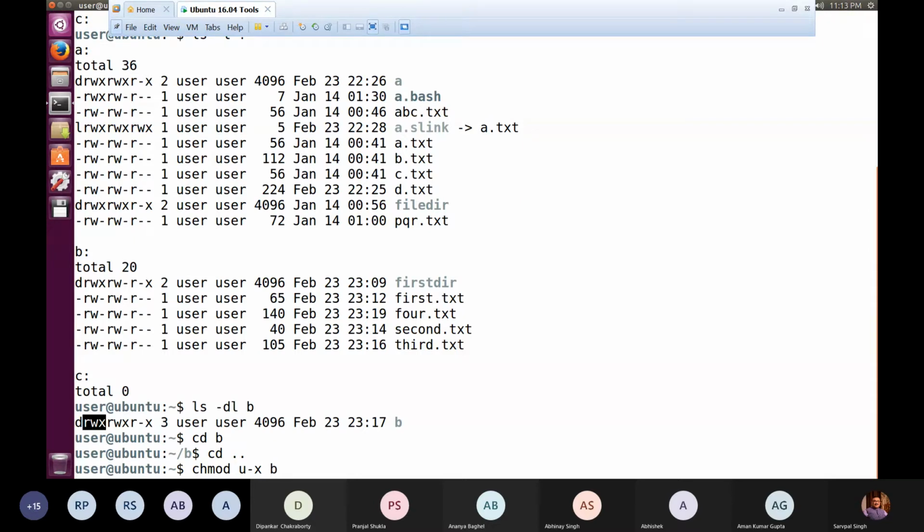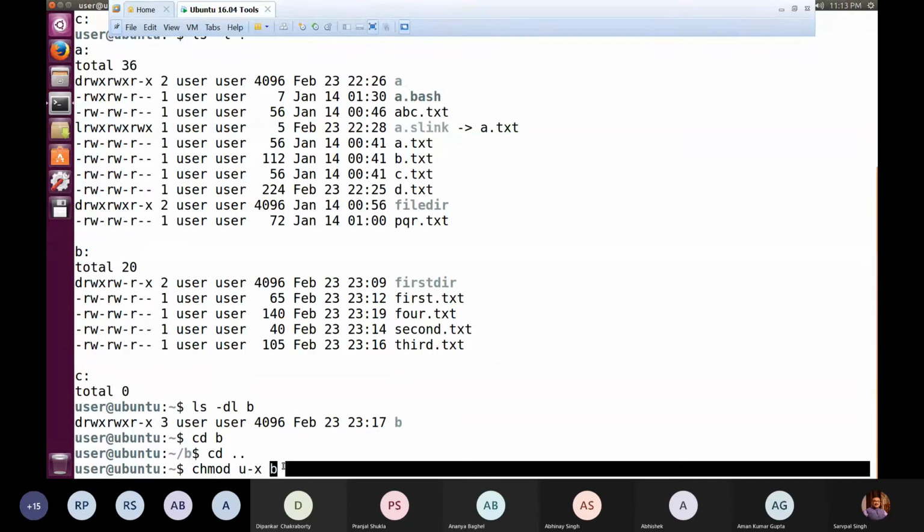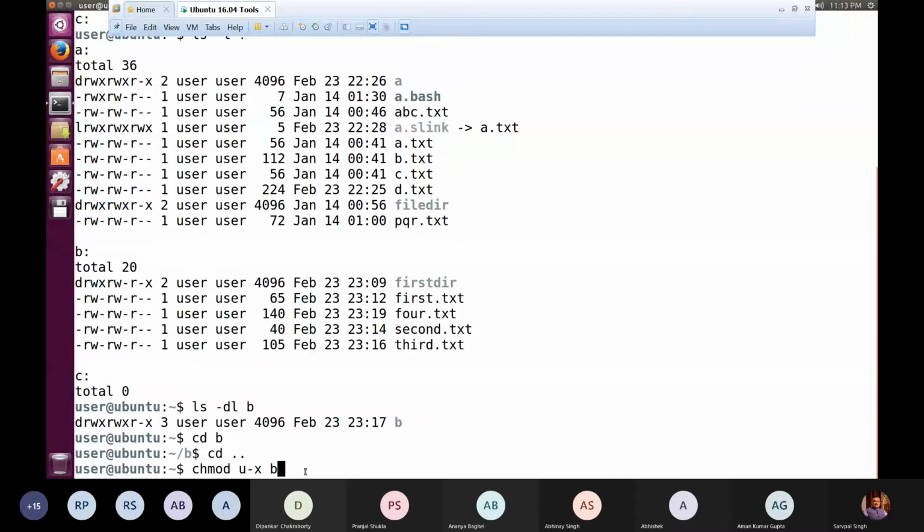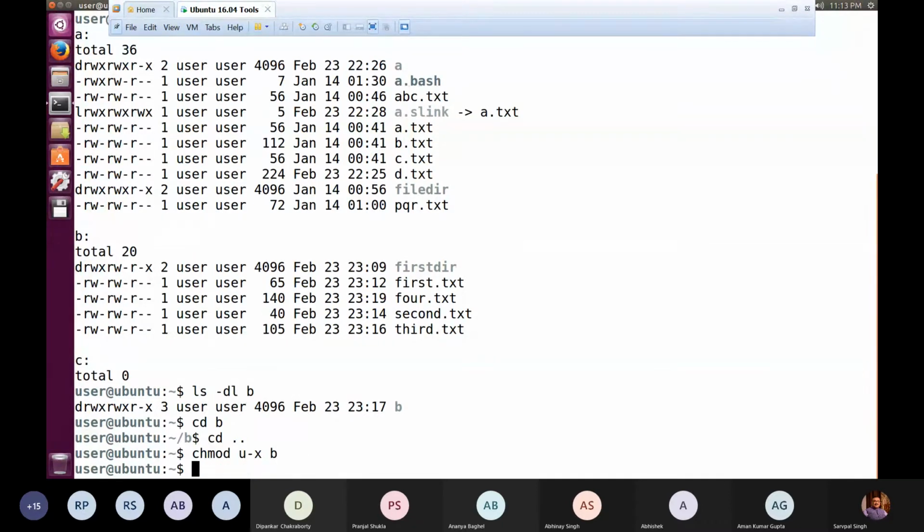So you can see that we are removing x permission for user, I am highlighting this u, over the B file. Now when I press enter, look at the impact of this revocation.